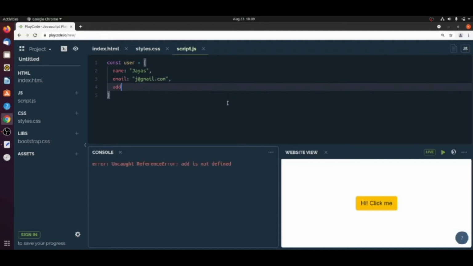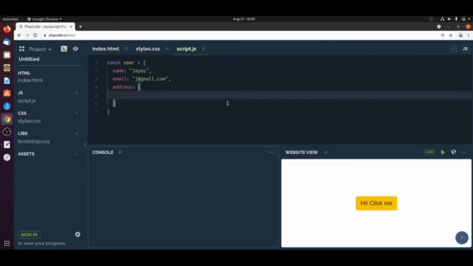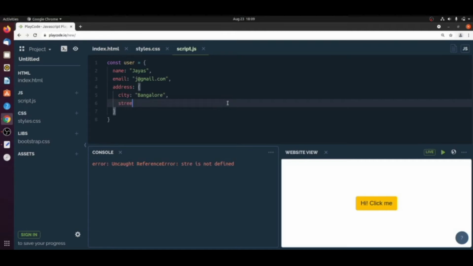Name, email, and I will take one address, which is again one object. So this is our nested object, like city, let's say Bangalore, street, let's say 17th cross 24th main.